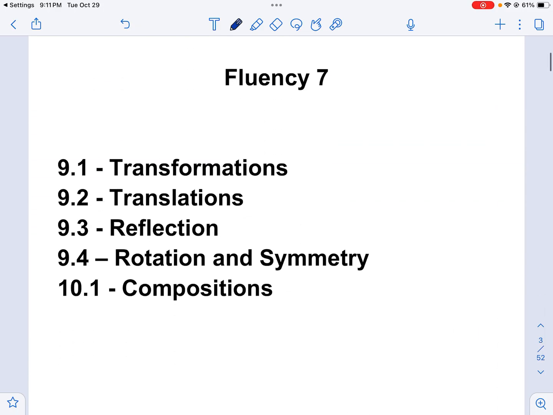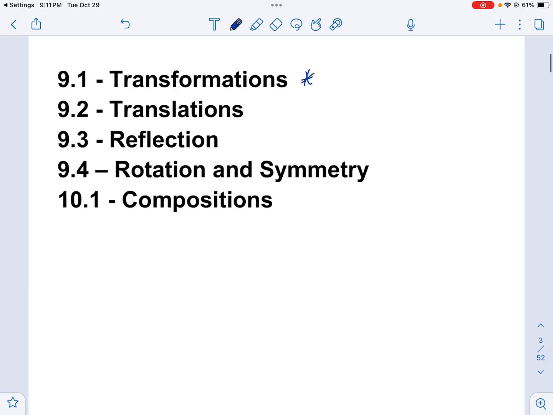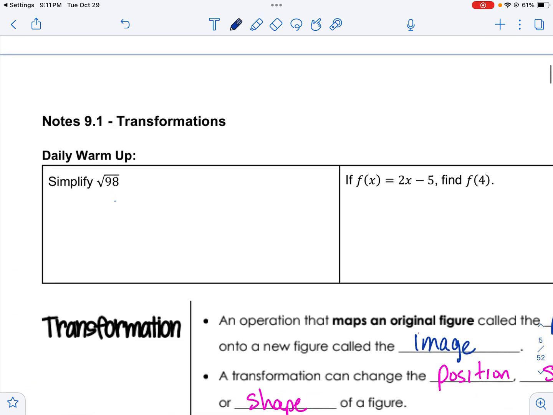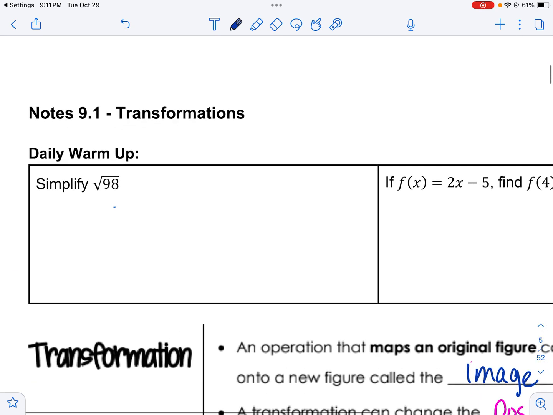All right, so Fluency 7 contains a bunch of topics. Today we're going to talk about transformations. Then tomorrow we'll talk about translations. Then we'll get into reflections, rotation, and some symmetry, and then composition. All right, so today the notes aren't too long. We're going to talk about transformations, but the first thing I want to do is work with